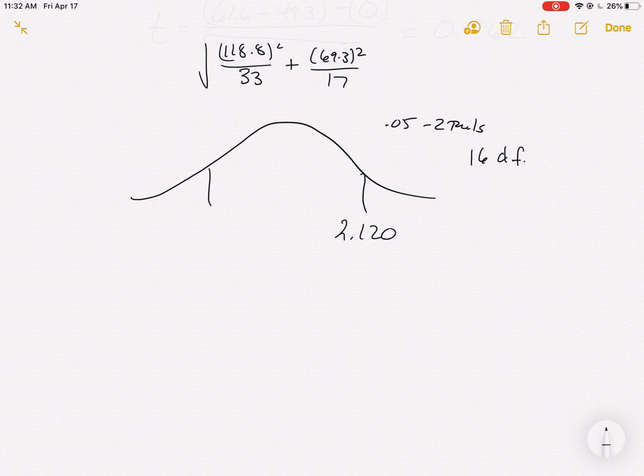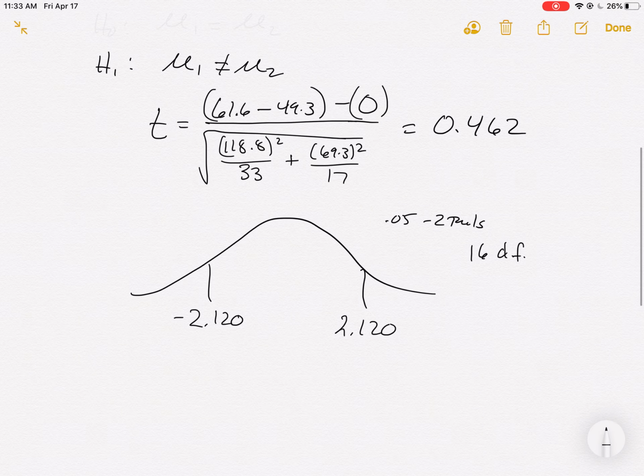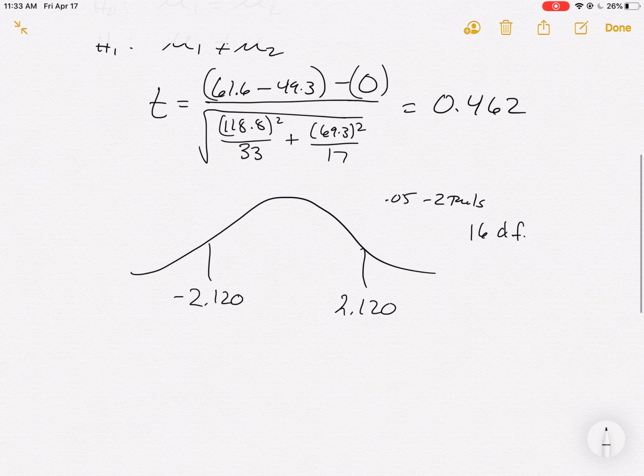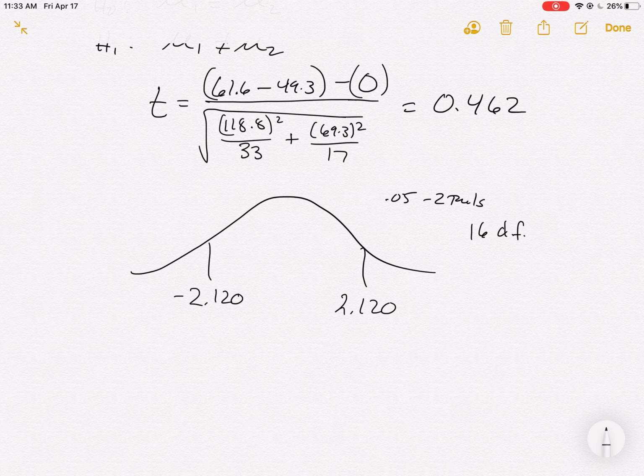2.120. That is our critical values, our positive, negative 2.120. And so that's what they have in the back of the book. They have that coming out from the table. Have a different one if you're able to use a calculator. I'd rather you use the table though. So are we going to reject or fail to reject? Pretty clearly, we're definitely not beyond 2.120. It doesn't matter how close we are. We're going to fail to reject